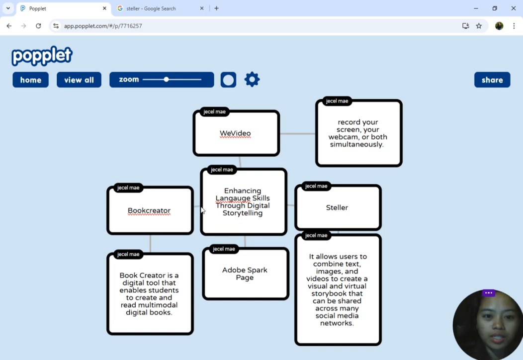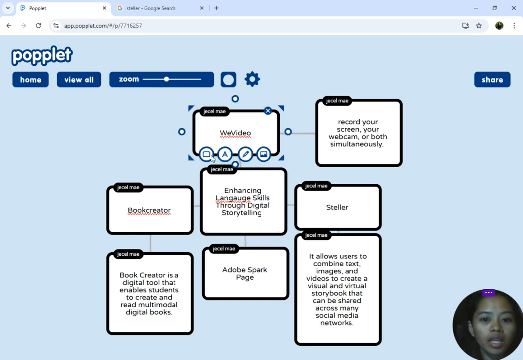Say for example, they are tasked to give a tool which helps them to enhance their written skills and their listening skills. Also, the students can put here, say for example, an app in which they can search or seek information. Say for example, they can put here Google, ChatGPT, and so on.